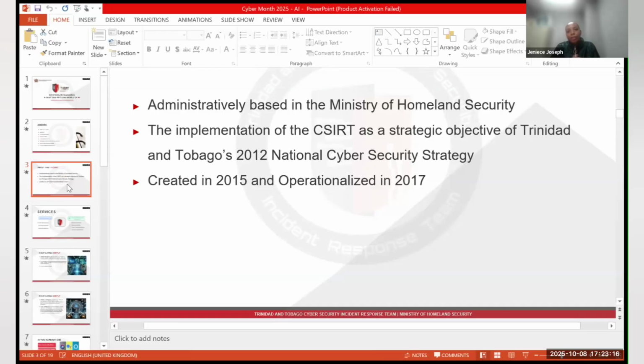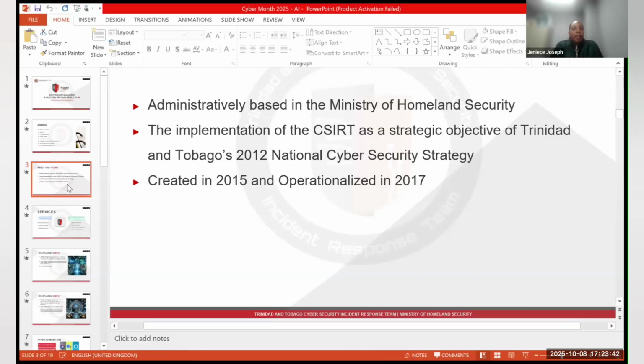So before I go into the AI part of the presentation, I just wanted to provide a brief little overview of the unit. So the unit was formed or established under the 2012 National Cybersecurity Strategy, right? And well, this strategy is way outdated. 2012 is when we had this national strategy. So we are actually working on updating this national strategy to cover things that we are seeing happening in today's